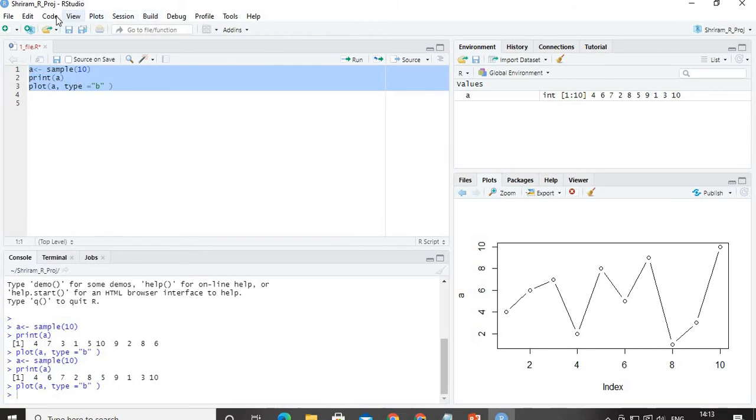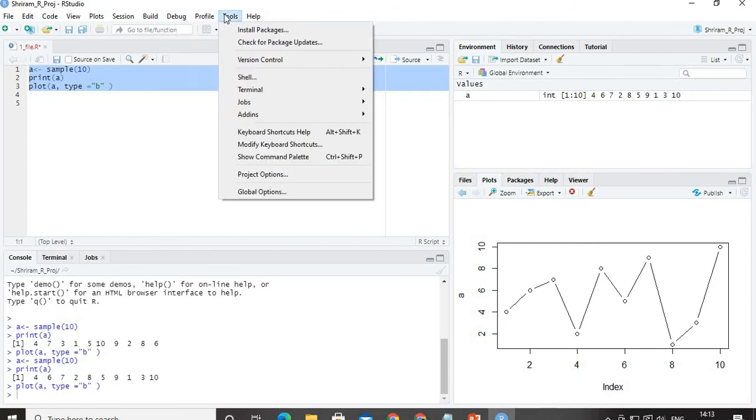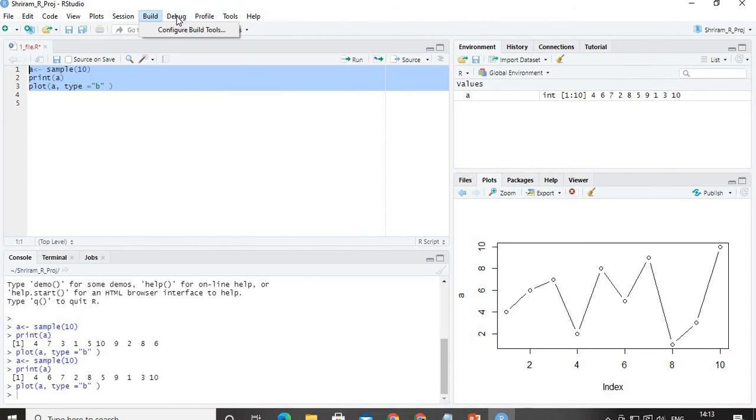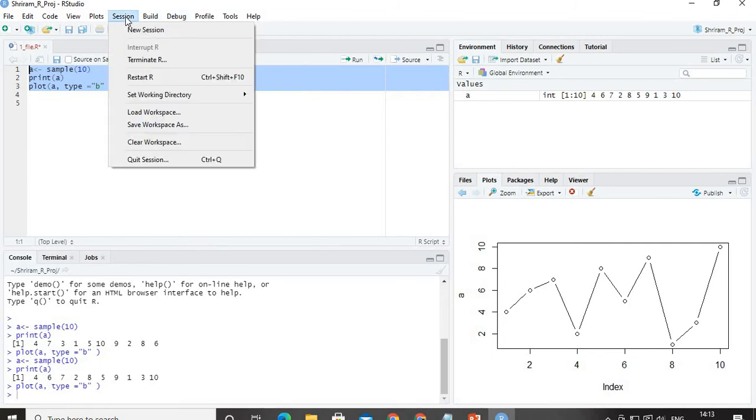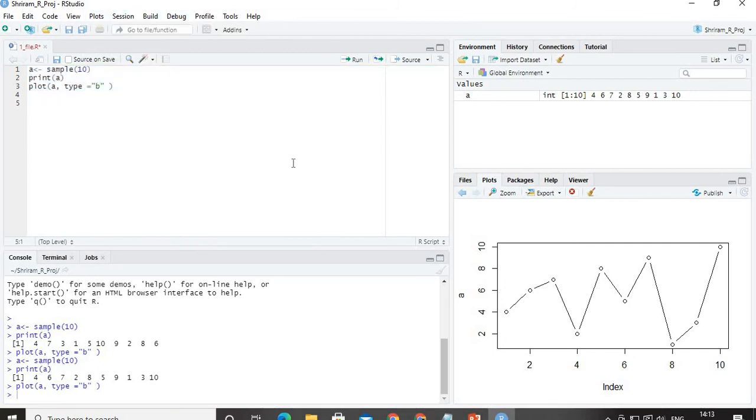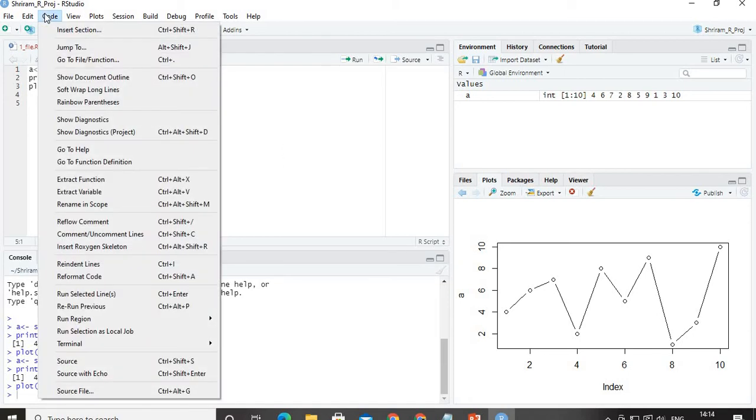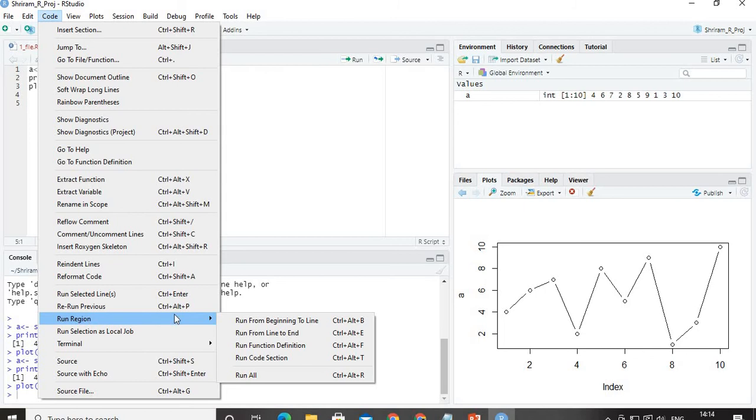All these options are available in the code, or I think it is in tools option. You need to go through that one by one, and I'll tell you where exactly the options are available. You can select that particular option where you can run everything, each and everything at one shot. All these are available. Now you can see that here you have got options for run selected lines, rerun previous, run region. In run region, you can run all, and in run all, when you want to run it with a single click, I mean with a keystroke, Control plus Alt plus R has to be pressed.